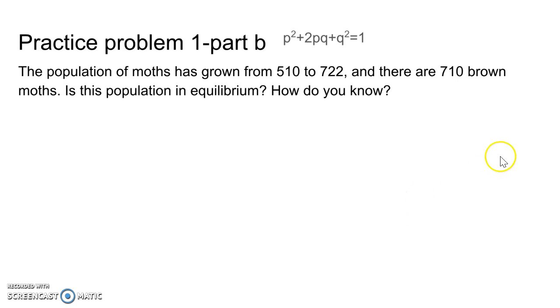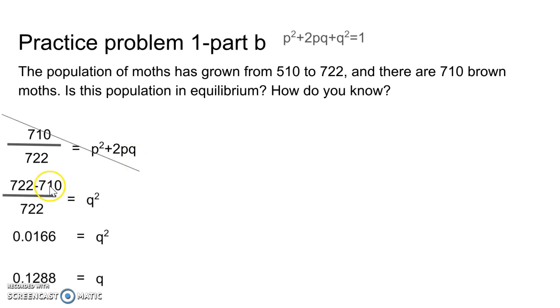Now, do note that since this is 710 brown moths, that means these are individuals showing the dominant phenotype. That does not mean it's the p squared value. It means it's the p squared value plus the 2pq value. So that's what I have here. But you can see this is not a logical thing to solve, so we're not going to solve for this. It makes much more sense